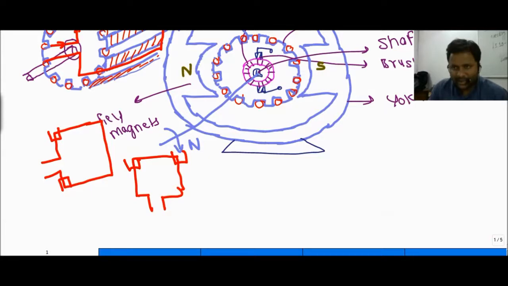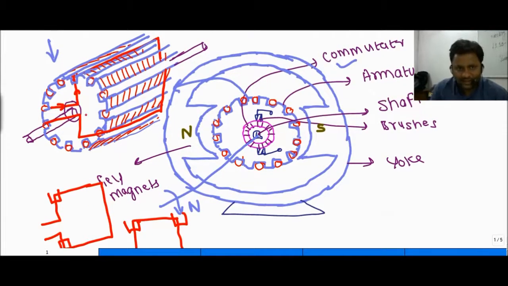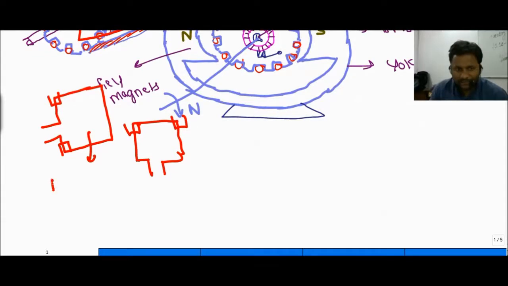If we connect a large number of windings in these slots, then we are able to make the armature, and the windings are placed in a certain fashion that we call lap winding or wave winding, which we will discuss in the next classes. So in this lecture we are focusing on the armature winding, and the armature basically contains wire in a rectangular loop, which is also called a rectangular shape. The wires are placed in a rectangular shape.